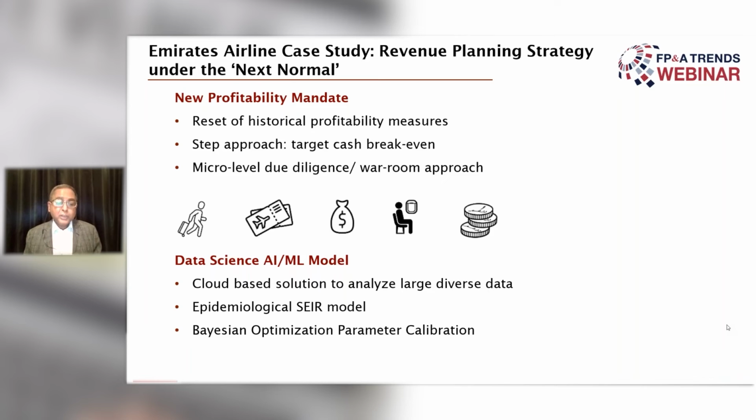So we set up something called an epidemiological SEIR model, which addressed 4 stages of the pandemic itself: the susceptibility, and then the exposure, the infectious stage, and finally the recovery stage. So each one had different demand influences, and we started to assess, build the algorithm accordingly. Initially, we had a huge difference in terms of the outcome, but as we started to finesse, as we started to build more algorithms, we were able to get to a reasonable accuracy. And we used something called a Bayesian optimization parameter calibration, which is again using the industry data tools, but using internal calibration models. So what is the learning coming out of all the case study?